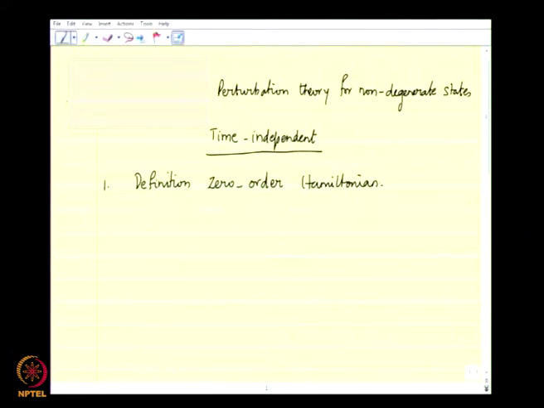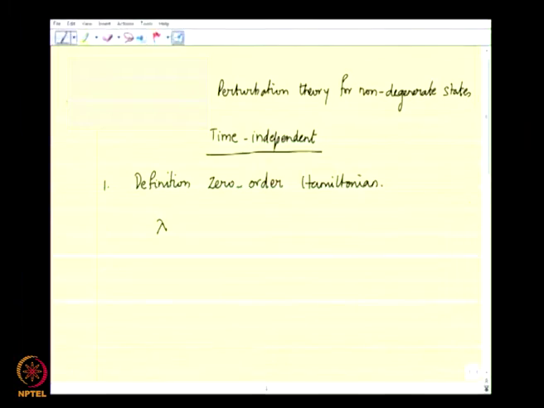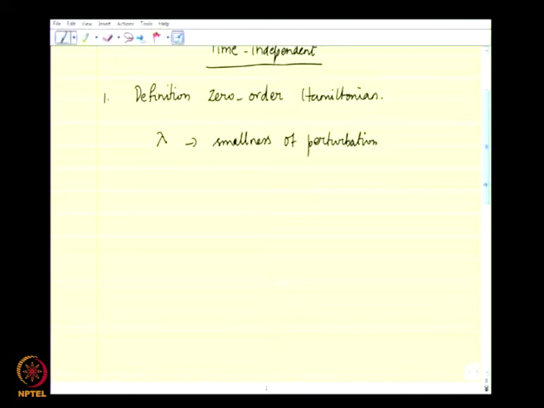Recall that at the very last part of the last lecture I introduced a parameter called lambda, referring to the smallness of the perturbation, so that if the perturbing interaction is expressed by H1, the Hamiltonian H1 as the perturbing or perturbation Hamiltonian